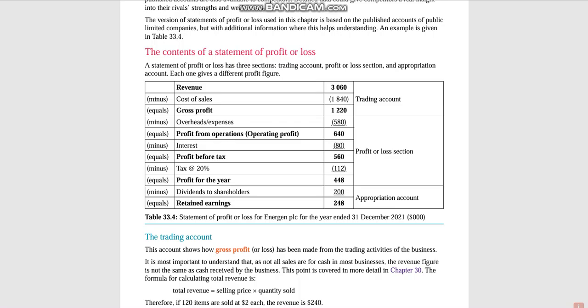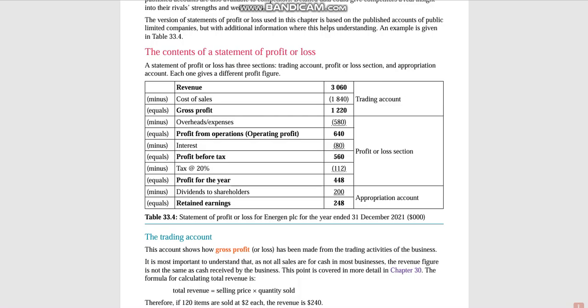And then you get profit before tax, which is before you have been deducted the corporate tax, which is a government tax, indirect tax, and sometimes direct, which is income tax, not corporation tax. So you get the corporation tax, which is 20%. Then you get the profit for the year, that is 448. Now, when you have the final profit, which you can use, which is 448, everything else is out, because you spend some on tax, some on interest, some on overhead, some on cost of sales. So from the revenue you have left for the profit for the year is 448.